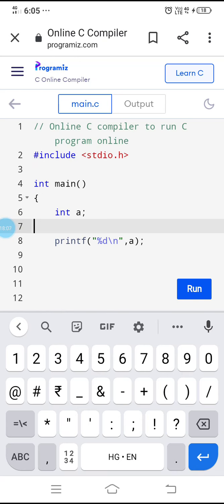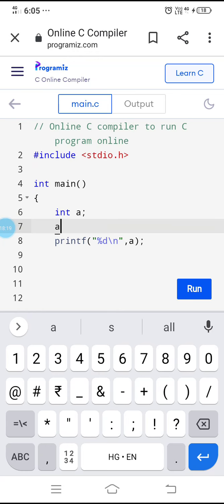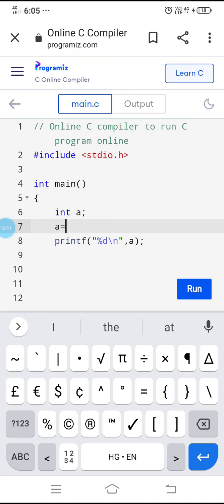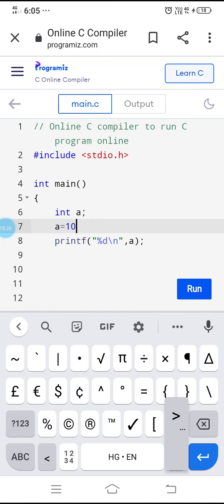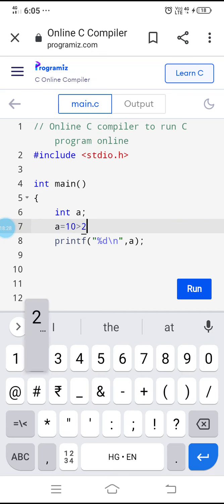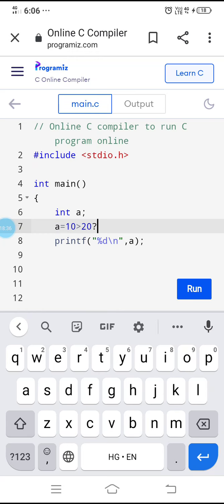Now I want to explain to you the conditional operator. Conditional operator means there is some condition. So here I am writing something like a. Directly I am explaining it to you. a is equal to 10 greater than 20. Here this is a condition. No question mark. Okay.